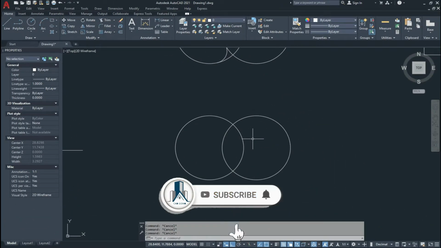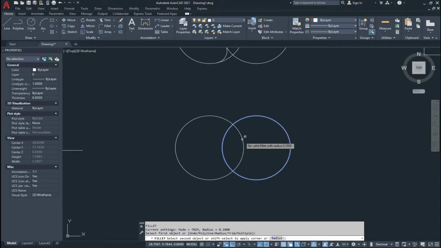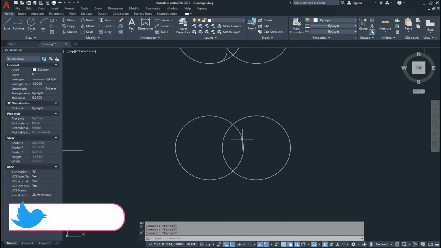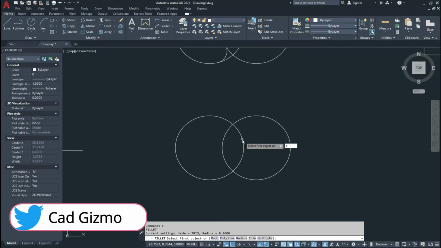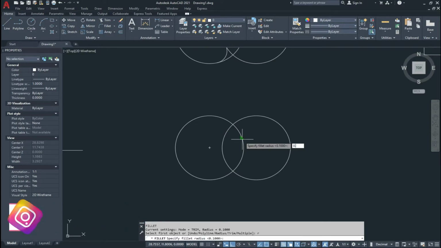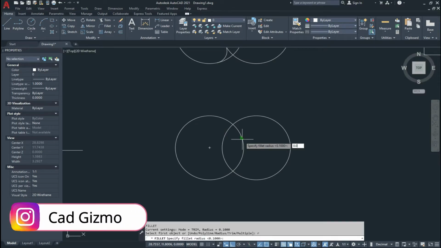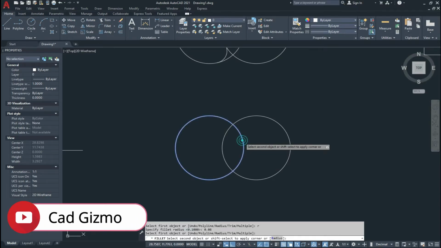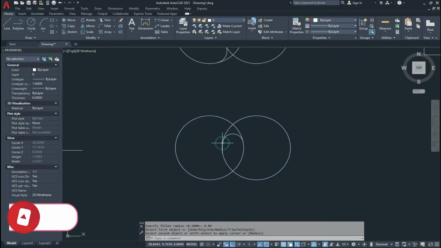And now in this part, if I fillet this, it is showing no fillet with radius 0.10. So we should reduce the radius. If I reduce the radius to about 0.08 and press enter and click on both circles, now it fillets both the circles with 0.08 units.